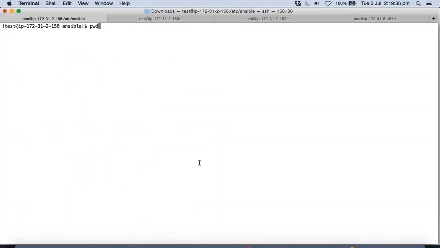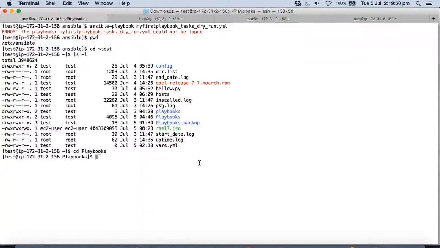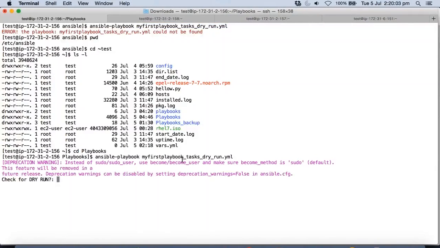The moment you do that, I think the next time when I run an Ansible command, it's not going to show the error. And this time when I use it without the check option, that is, with the check option is a dry run, without the check option is a normal execution. Just run it. Could not be found. That's because I am in a different path. I need to go to my test home directory, go to playbooks, Ansible playbook,